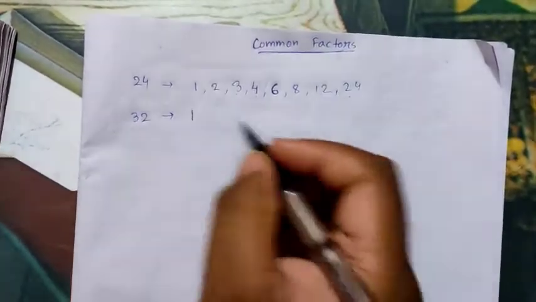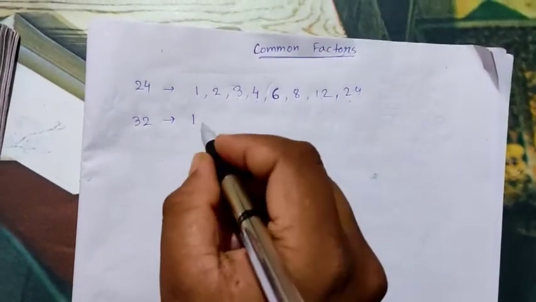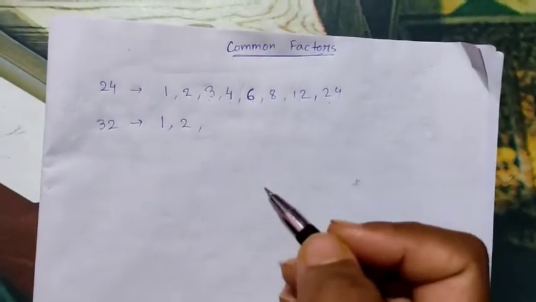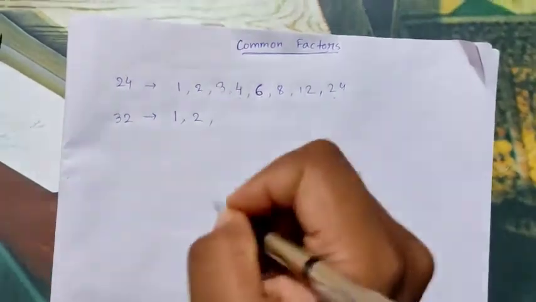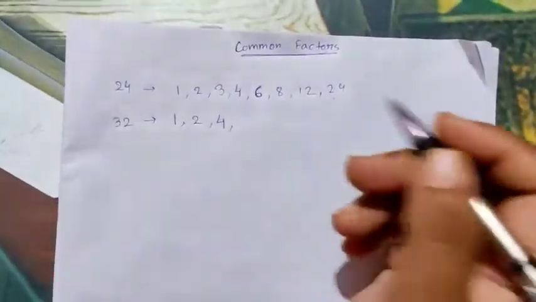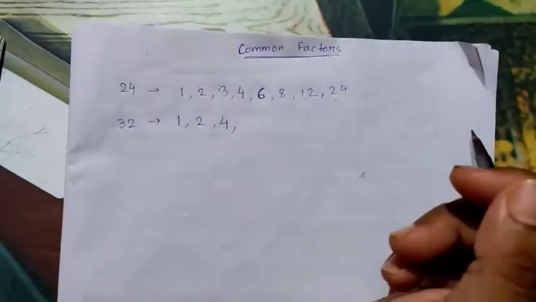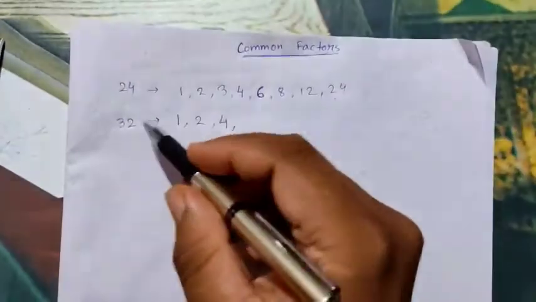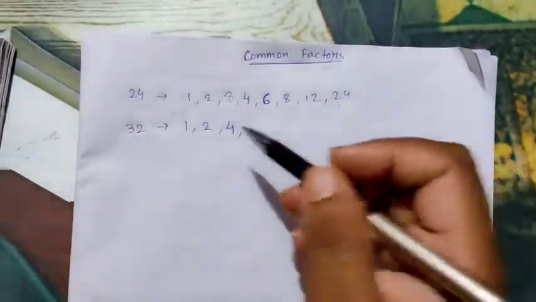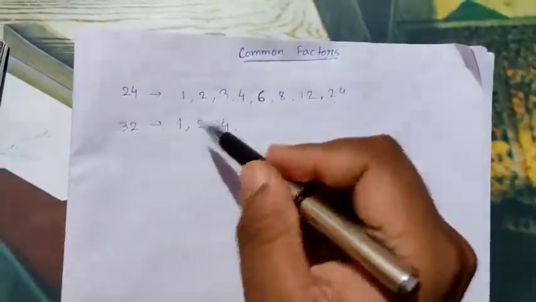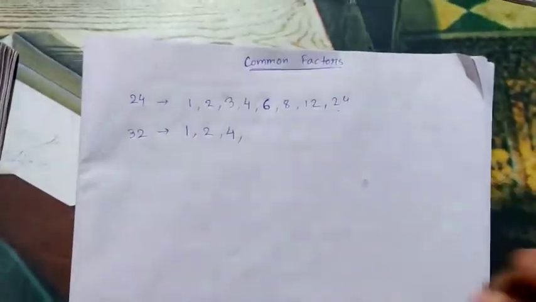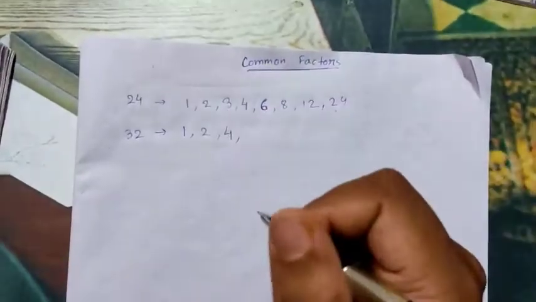Similarly, if I find the factors of 32, what will we do? 1 32s are 32, so 1 is obviously a factor of 32. Then 2 16s, so 2 is a factor of 32. 3 is not a factor. Now 4, obviously 4 8s are 32, so 4 is a factor. Now 5 is not. 6 is not a factor, because if 32 is not divisible by 3, then it will not be divisible by 6, 9, or 12 either.